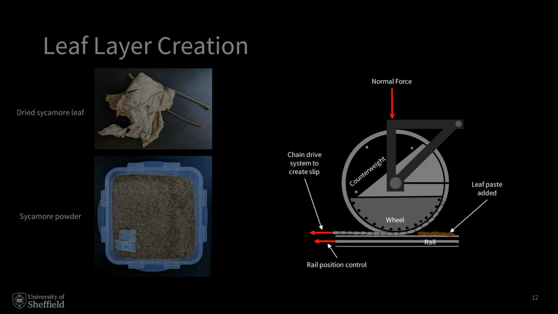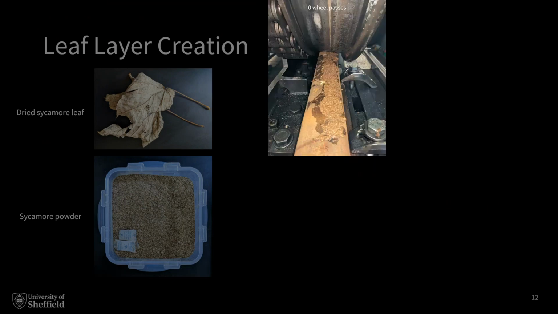The rig works by hydraulically exerting a normal force through the wheel into the rail, and while the rail and wheel are pulled separately, you can create slip between the two of them. So for this work, the rig was run at 100 millimeters a second with a normal load of 70 kilonewtons and a slip of 3% between the rail and wheel. This gave us a contact pressure of about 1.1 gigapascals, which is kind of average or standard for a passenger train. The paste was applied to the rail,